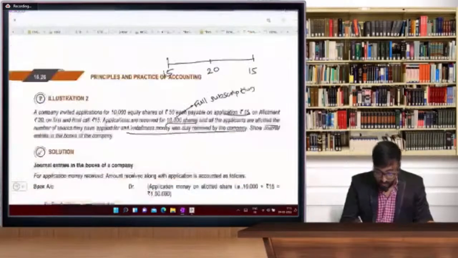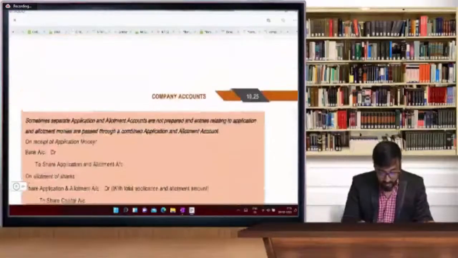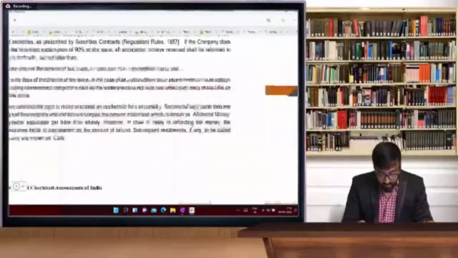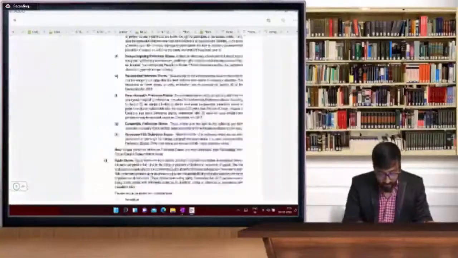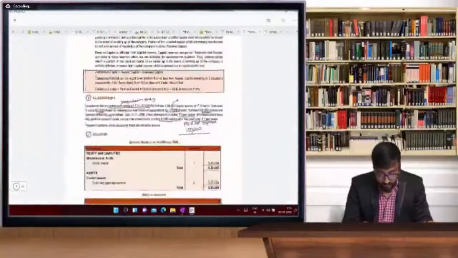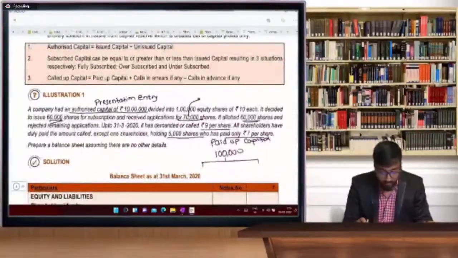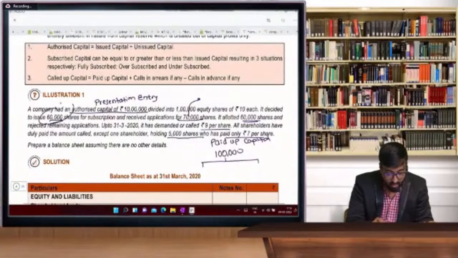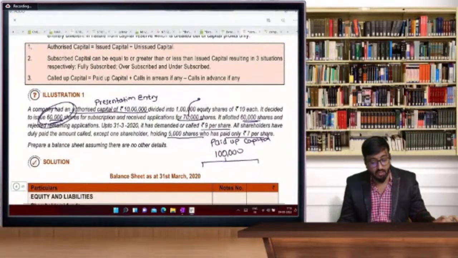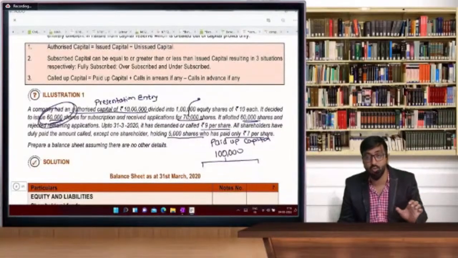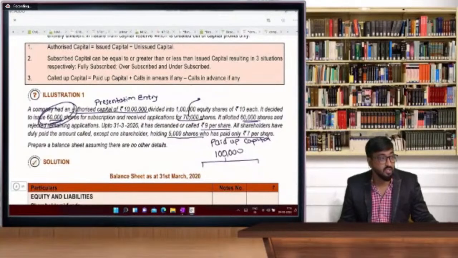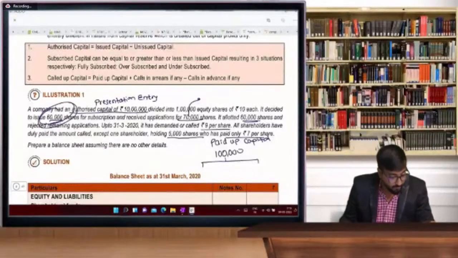Shiba Khan is asking me, sir, why have they returned 6 lakh shares? Yes, in the first question she has a query. What is the query, beta? No, beta, subscribed capital is only 60,000. Don't write 70,000. Though the issue is 70,000, the number of shares you have with you, you will record as 60,000 shares. So don't record 70,000 shares. Subscribed capital.